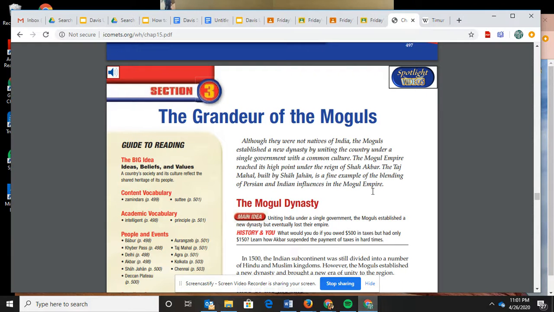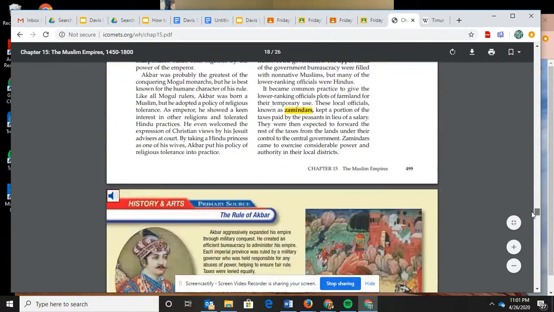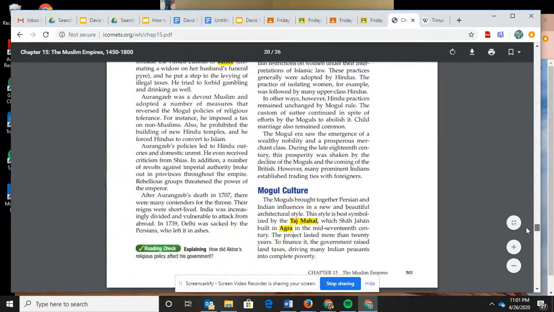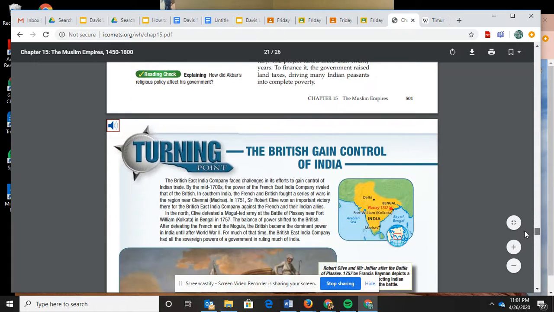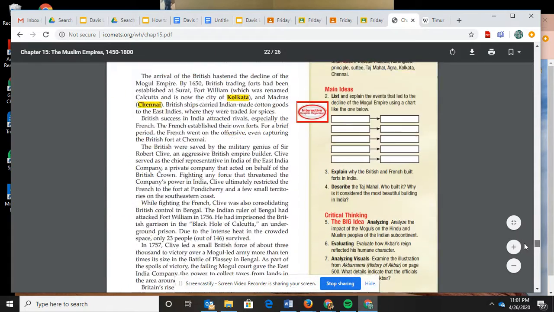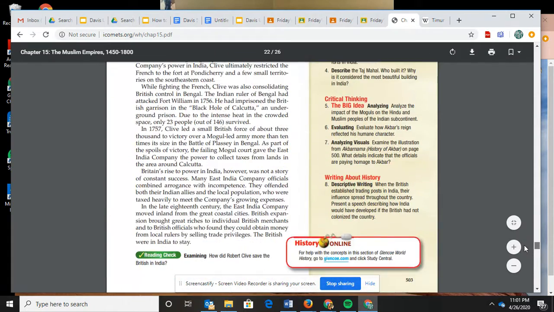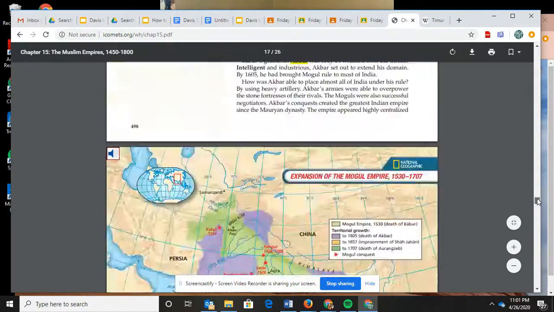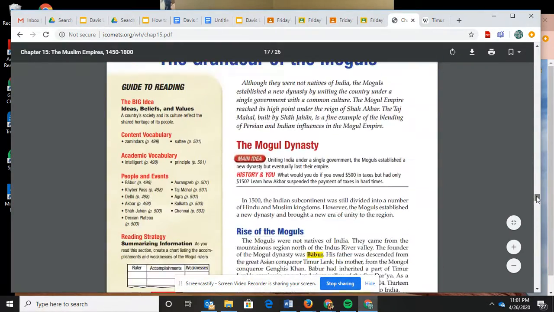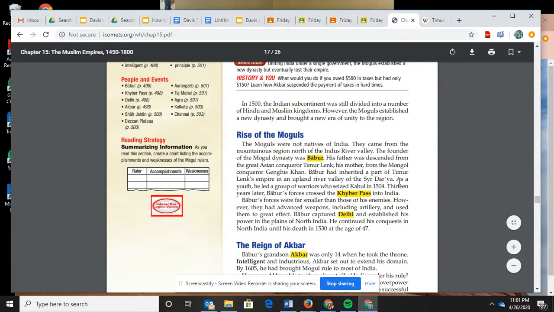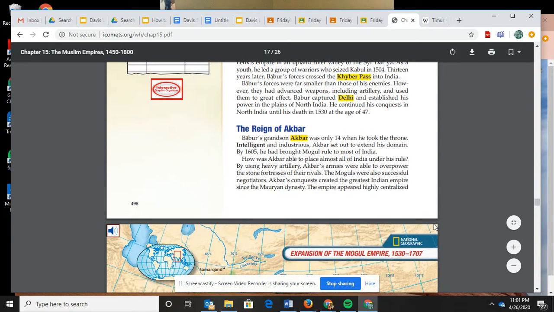Okay, so the last group we're going to look at are the Mughals. Spelled differently for the most part. In the books we've read, it's Mughal. They call it Mogul. But the Mughal dynasty was started by Babur. But we really know the Mughals after Akbar. So we remember Akbar the Great.